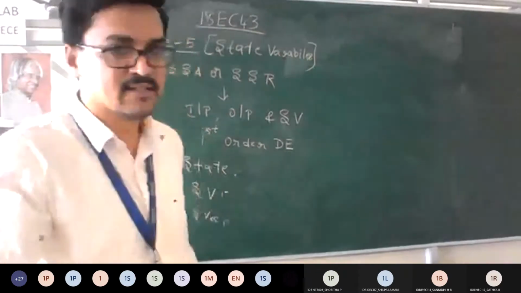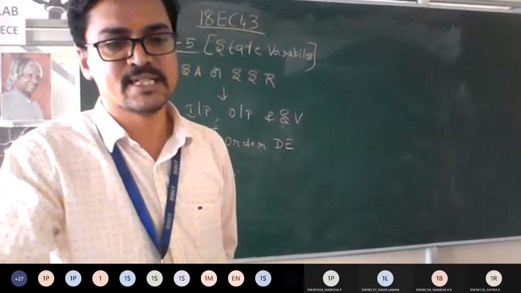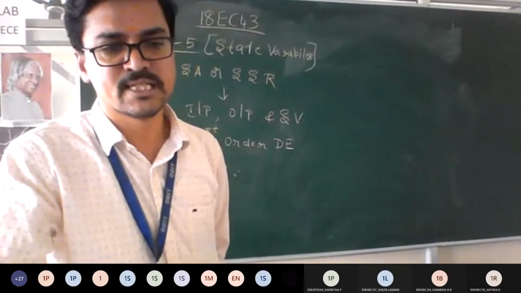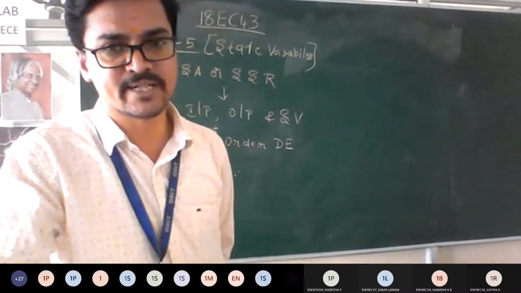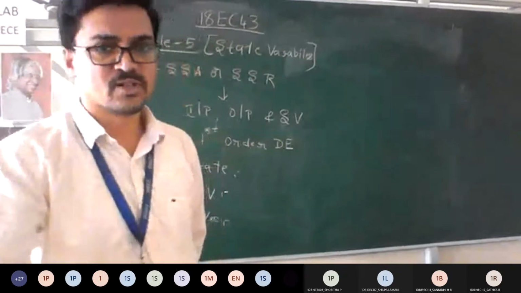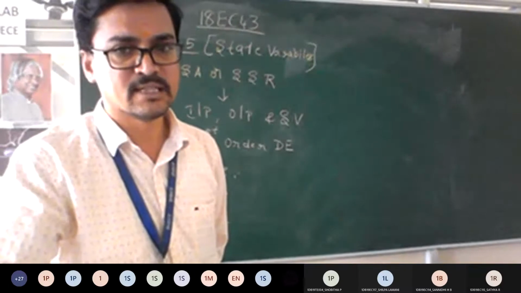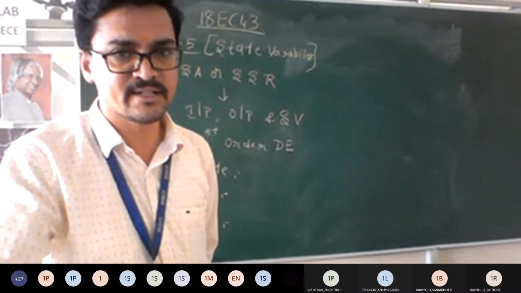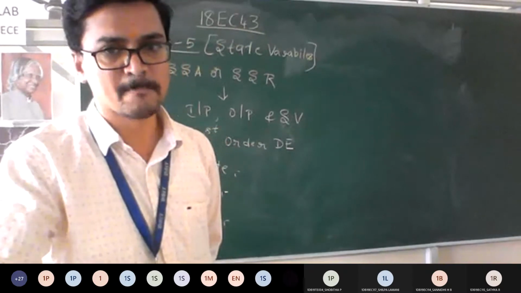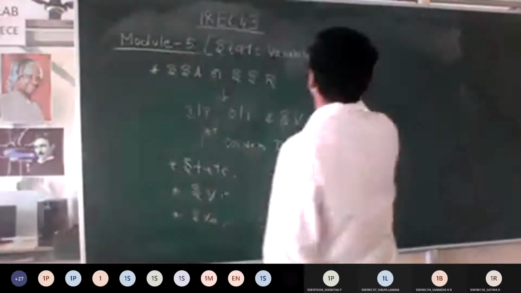Just add a definition for this state vector. It is a vector which contains state variables as elements. So these are the three basic definitions. There is one more, called state model, that we will discuss once we understand the advantages and disadvantages of this particular state variable. Shall I move on with the advantages, everyone? Is it okay till here?